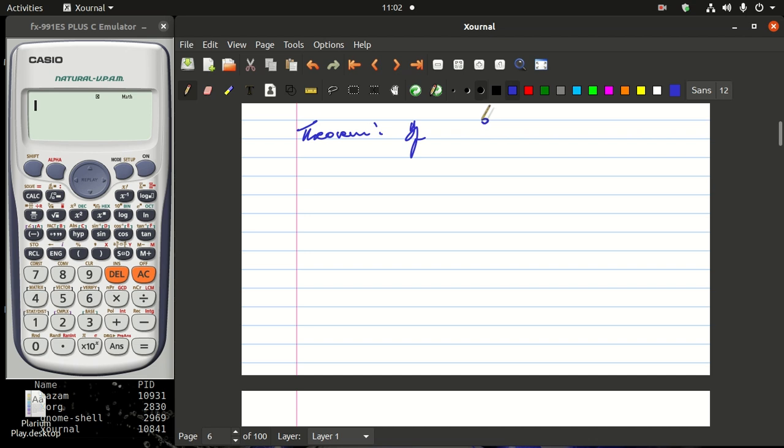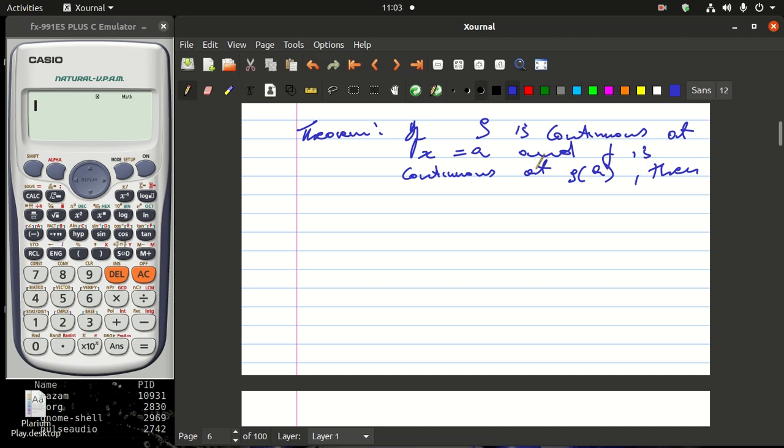If g is continuous at x is equal to a, and f is continuous at g of a, then looking into this, because this one is continuous and f is continuous at this output here, which means now I want to take this and plug it inside there,